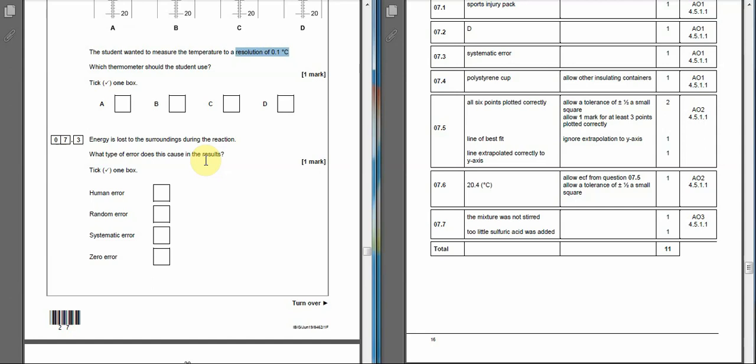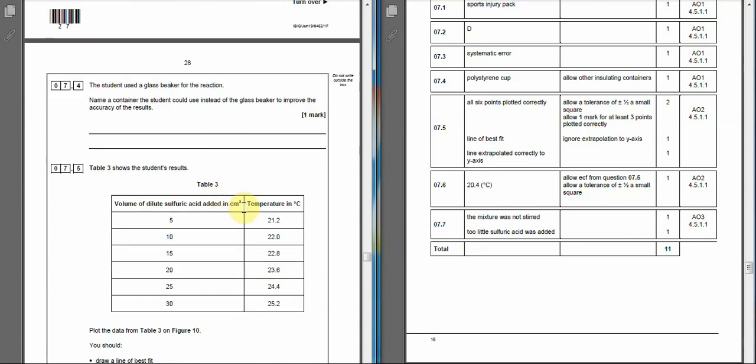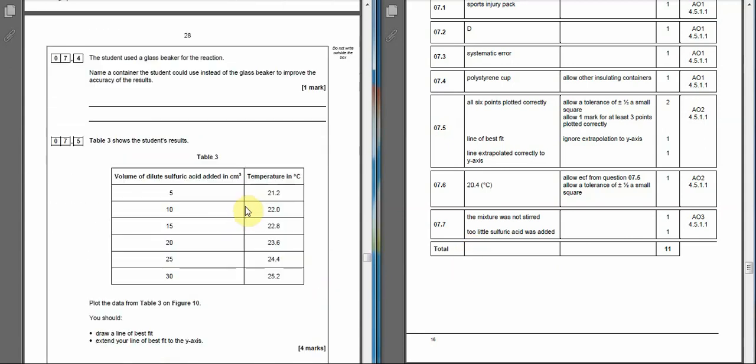For example, if we're looking at spring extension in physics and you count the length that the spring is originally as part of its extension, like the spring isn't stretched normally on its own, or if you have a balance and you don't start it off at 0 grams, if it already reads 0.1 grams and then you start weighing things, all your answers are going to be out by 0.1 grams. So 7.4,